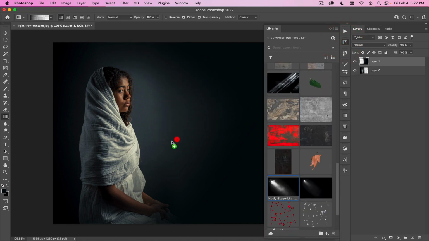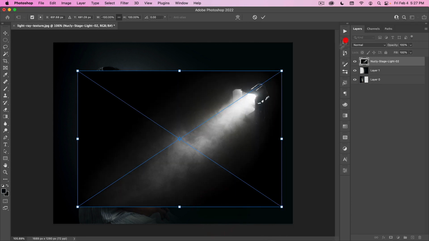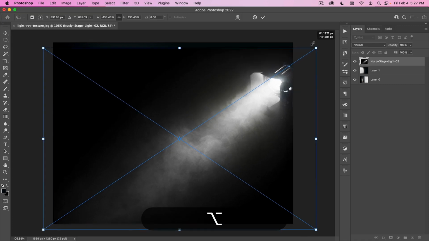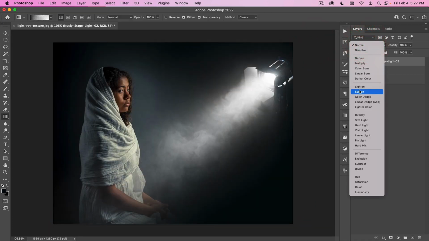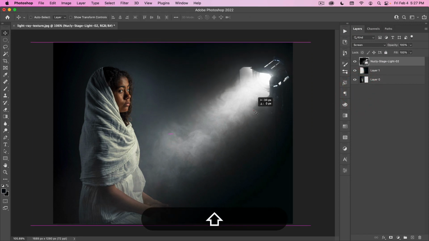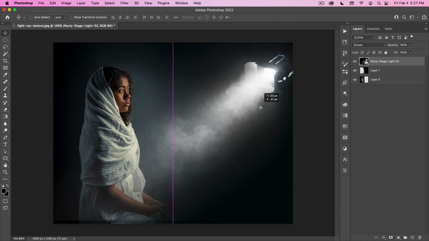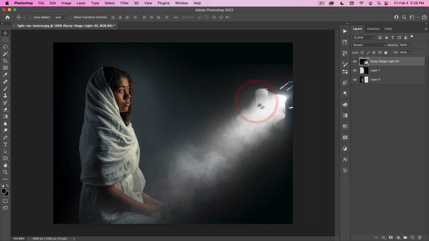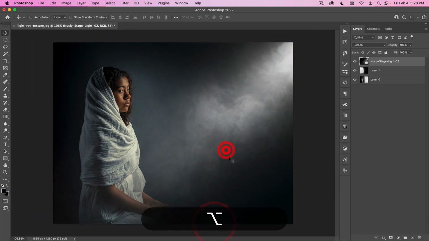Okay, then we're going to pull this in, flip it horizontally, and just size it up. So something like this, and then I'm going to put this on screen. And now we get this kind of cool look, like she's in a spotlight. And if we don't want to see the light head, we can always push that out of the frame, just make this bigger like that. Now we're just getting these nice patterned light.